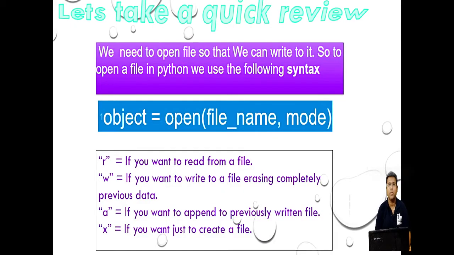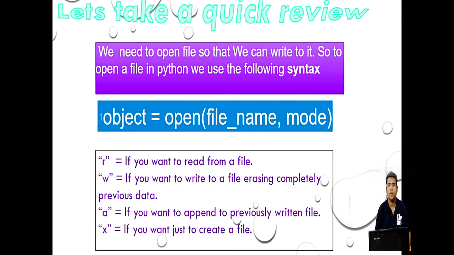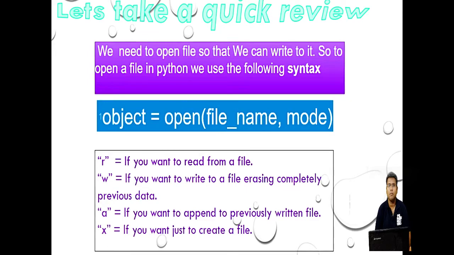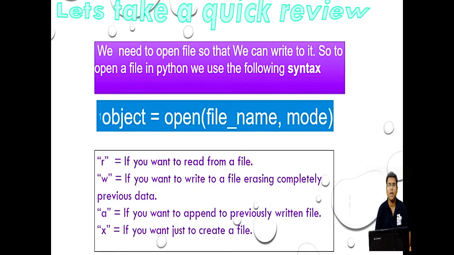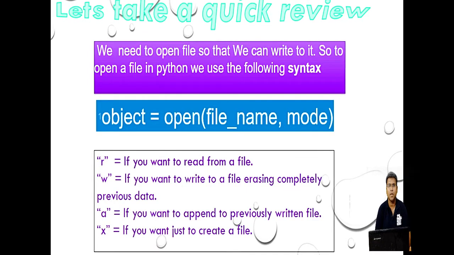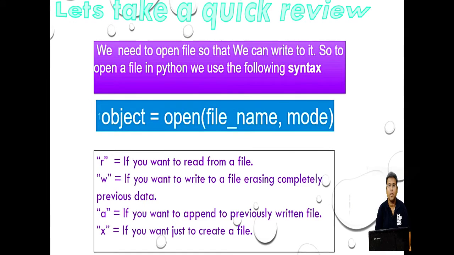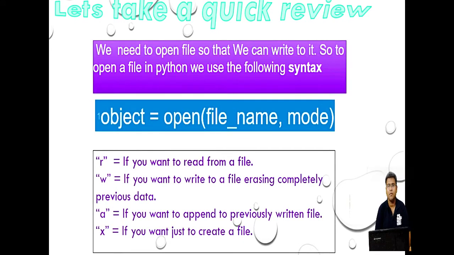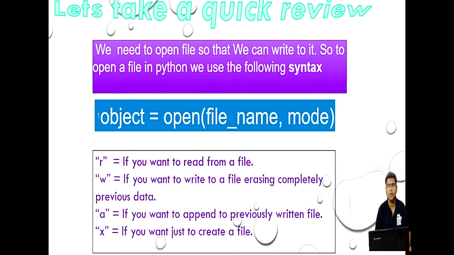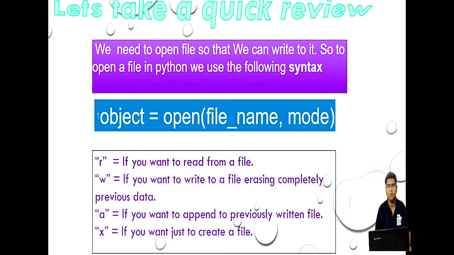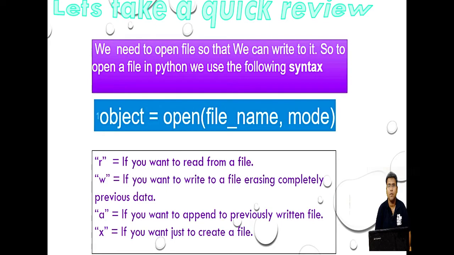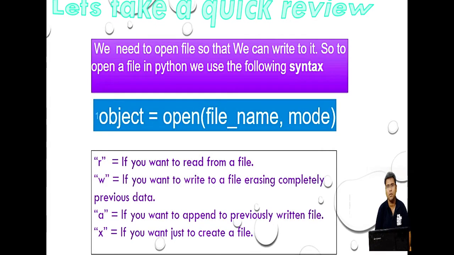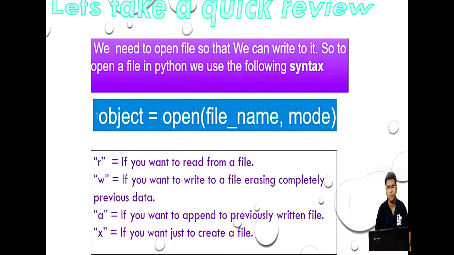Welcome students. Today we are going to discuss a topic called file handling. For class 12 CBSE, file handling is a very important chapter, and it is also quite a difficult chapter. This is our second class actually, and if you have consulted my previous video, then this session will be very easy for you. But if you have not seen the first video, then I will suggest you go and watch it, then see this one.